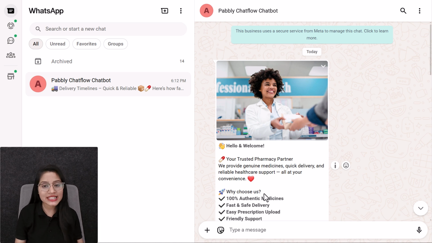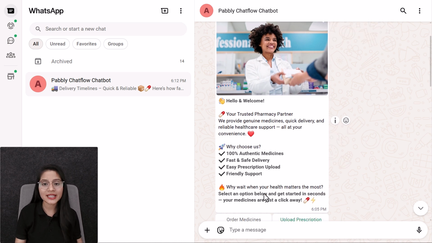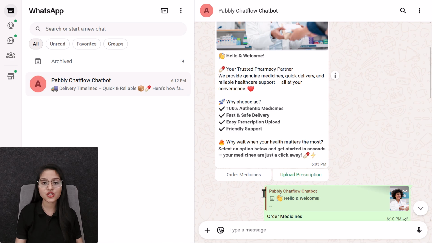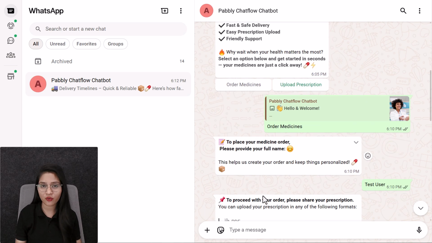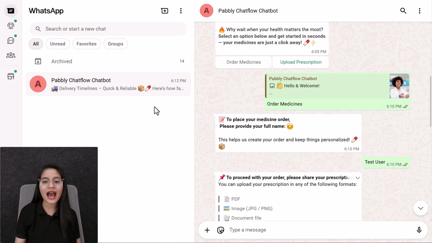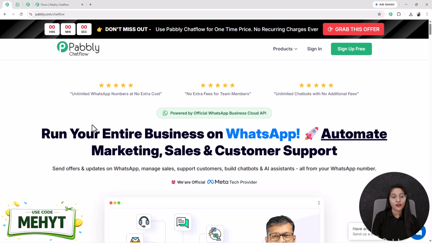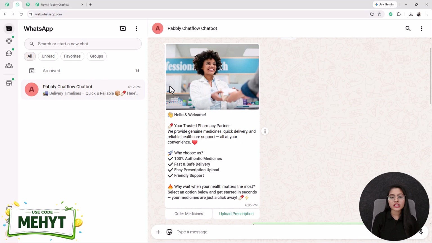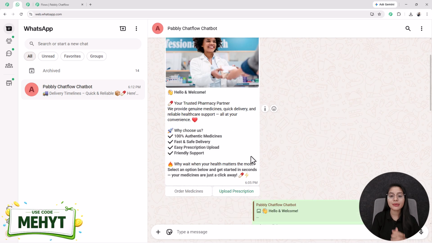WhatsApp chatbot is designed to close sales automatically by handling the entire conversation flow without manual effort. And to build the system, I have used Pabbly Chatflow, where you can create highly converting WhatsApp template messages and automate users' interactions easily. So to show you a real example, I have created a dummy chatbot for pharmacy business,